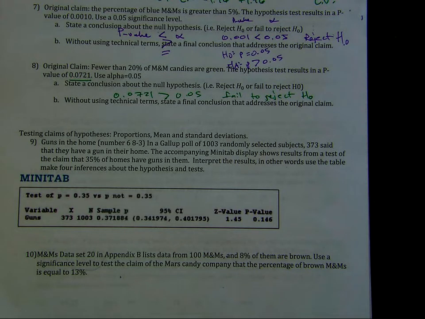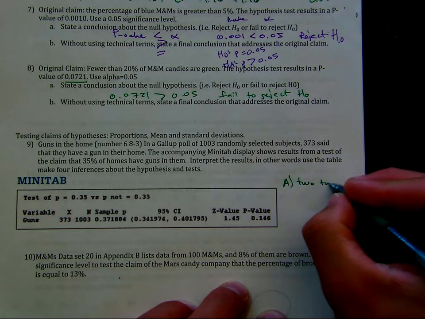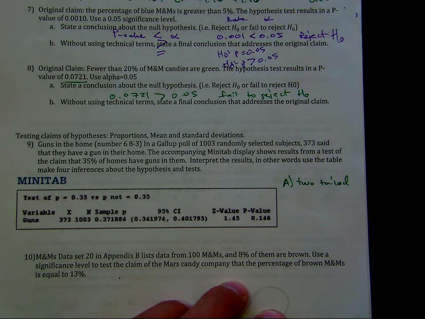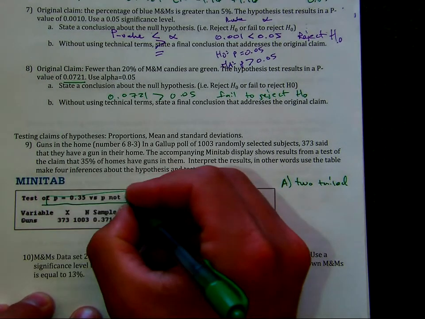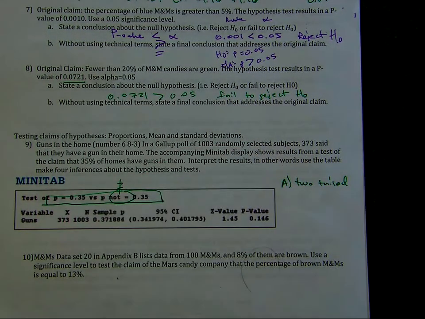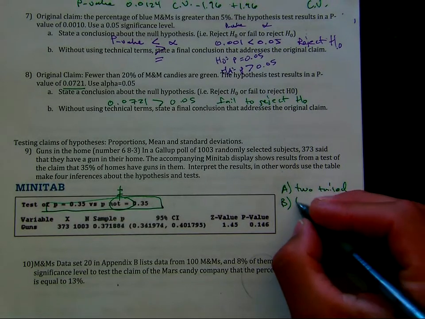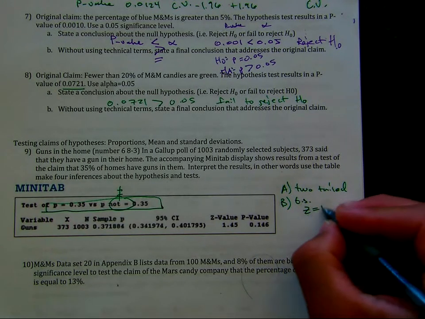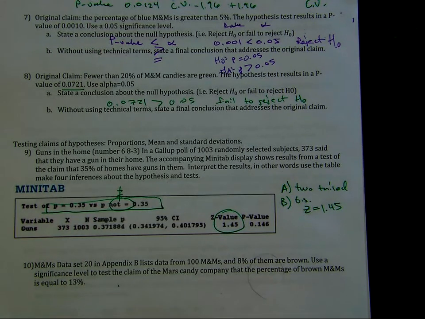All right. So in this case, one thing you could say, A, two-tailed. How do I know it's two-tailed? This part right here. P is not equal. Okay? B, second piece. We can figure out the test statistic value. Z equals 1.45. That's this piece right here. Okay? I'm saying C, these should be numbered. I mean, if you're asking for 4 inferences, but